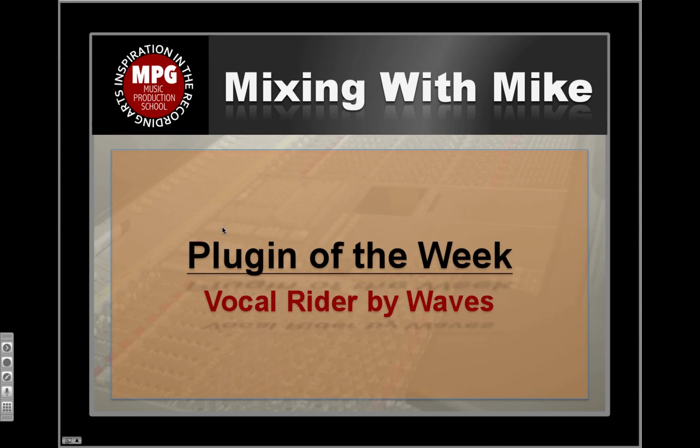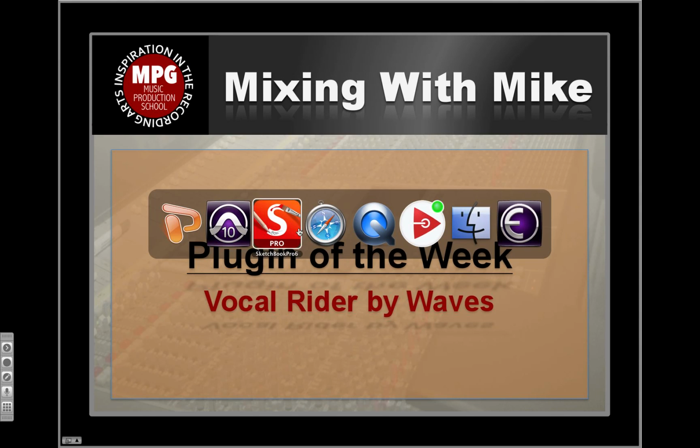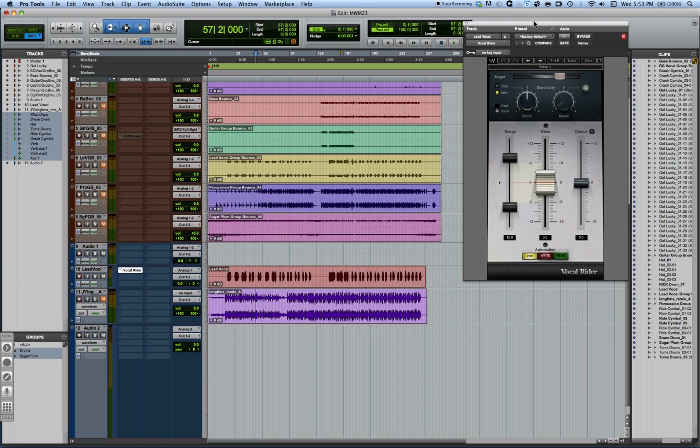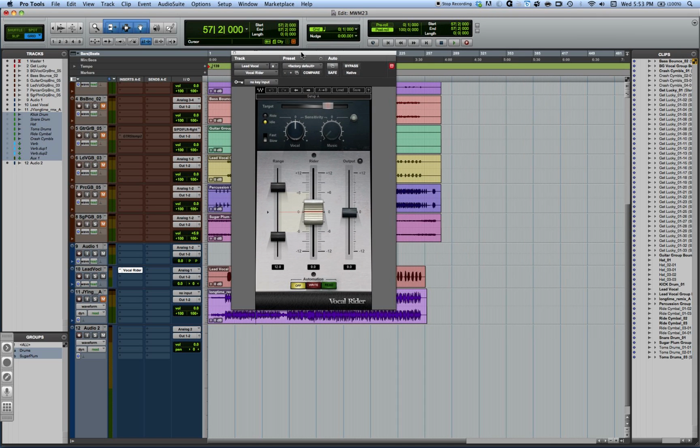The plugin of the week is Vocal Rider. The Vocal Rider plugin is a unique idea that was brought in by Waves. From a historical perspective, if you wanted to understand a little bit about where vocal riding had come